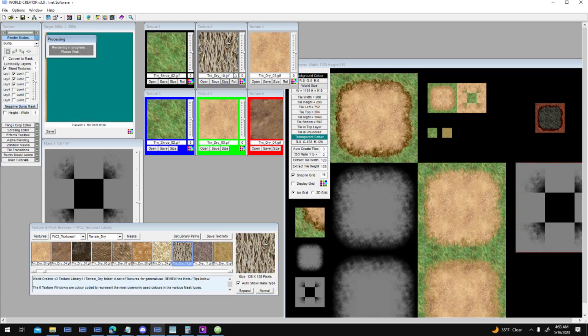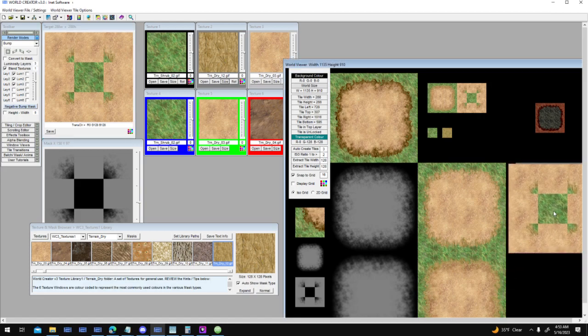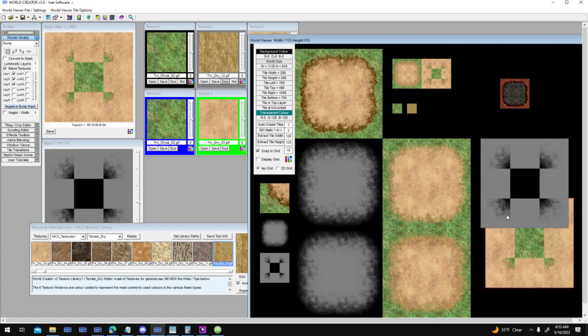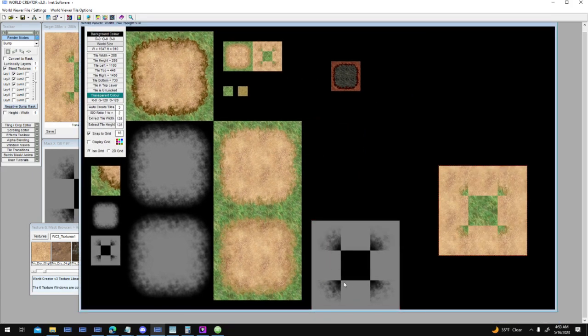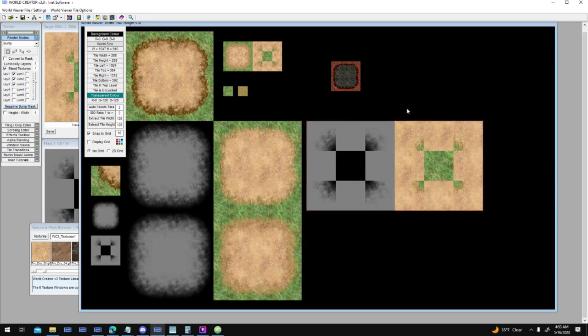Wasn't that one, it was my dry grass. There we go. Stretch this guy out a bit. Put this guy here and this guy here. So it's not super noticeable there, but